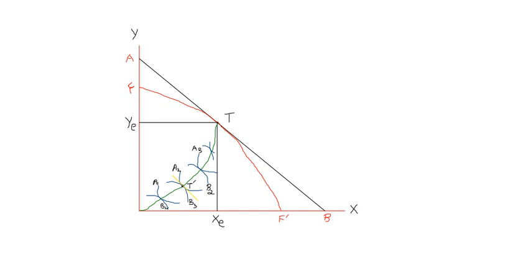Now all these points are showing the points of tangency. You can see that the indifference curves of individual A and individual B are tangent to each other, where the slopes of these indifference curves are equal. Supposedly, at this point the slope of indifference curve A1 is equal to the slope of indifference curve B4. So here the marginal rate of substitution of A is equal to the marginal rate of substitution of individual B. This was the first half of the equilibrium equation, that the MRS, marginal rate of substitution, of both the consumers for the two goods should be equal.